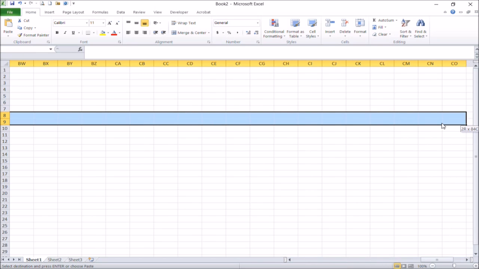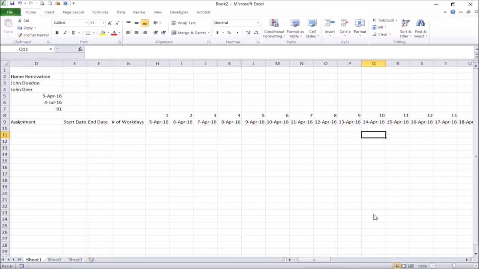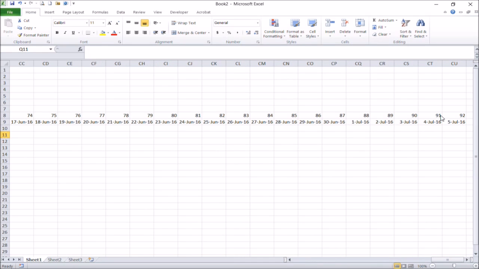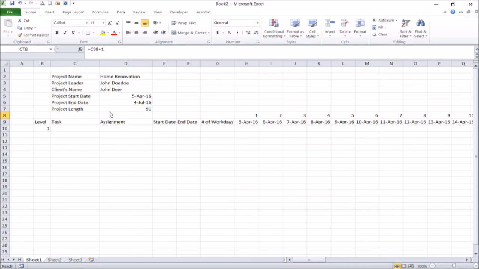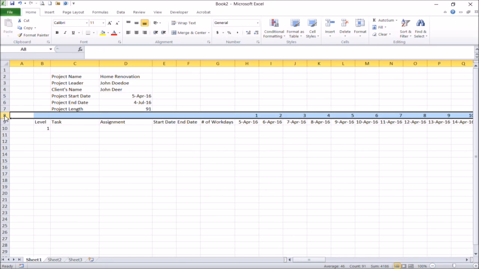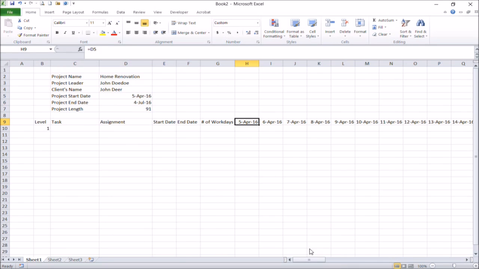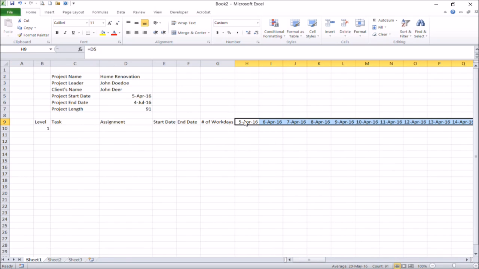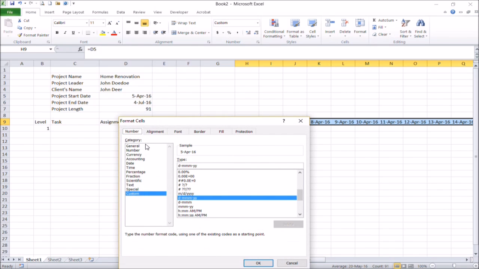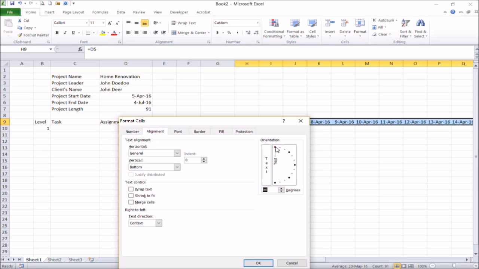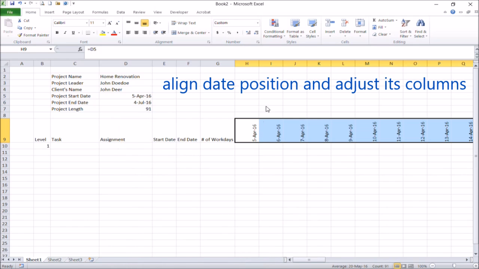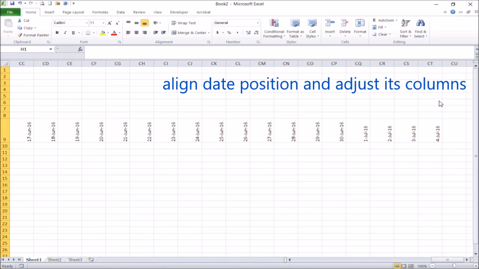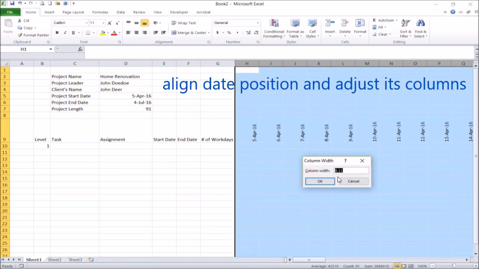It could be at least the same as the period length of your project. You can align that position in that dates column and also adjust its column width as well.